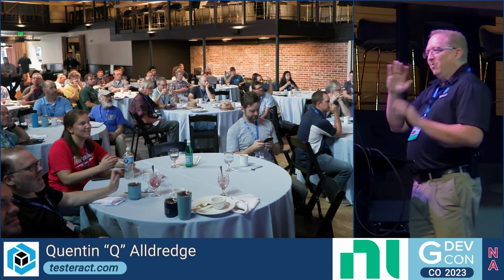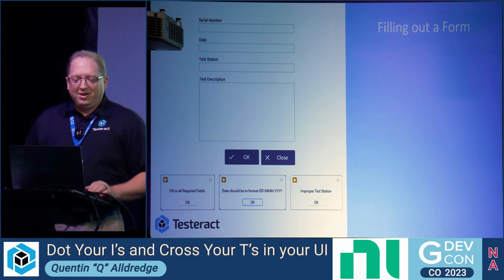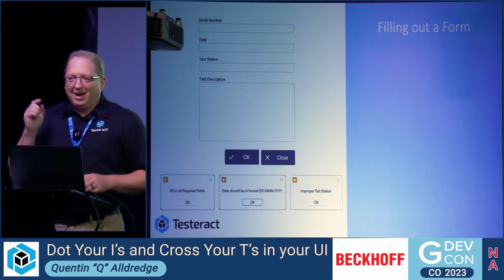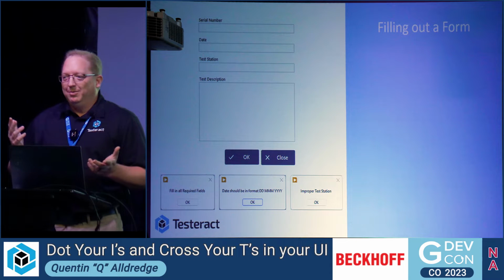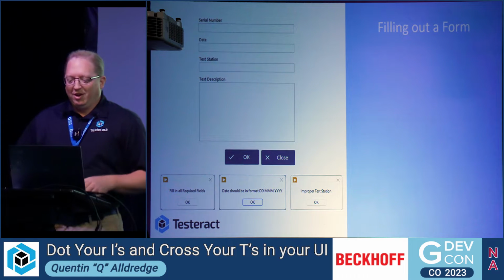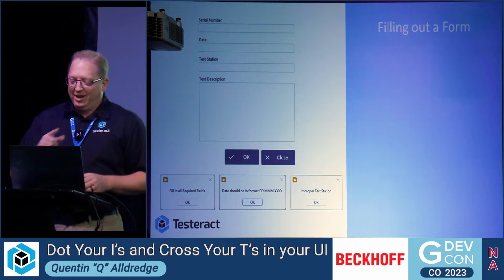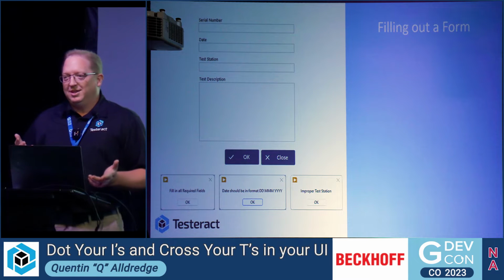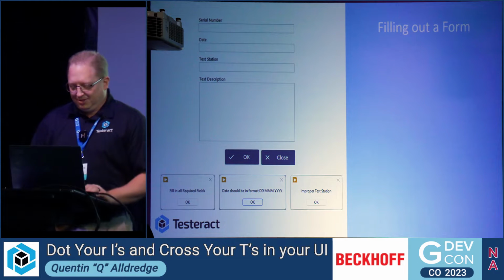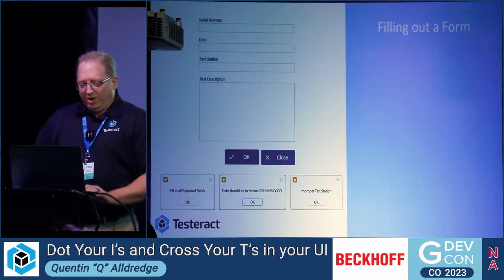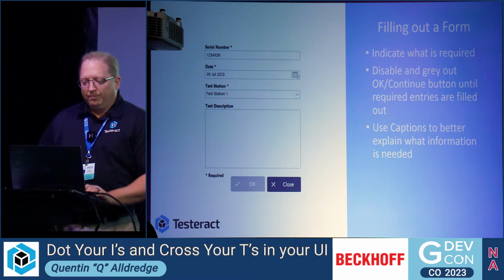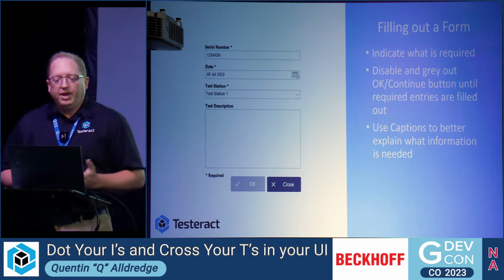It breaks the flow of what you're trying to do, and then you might fill out what you think you need to fill out, hit OK again, and another pop-up happens. It says you filled out the date wrong, and then you fix that. Then you hit OK again, and it says, okay, you got the wrong test station. Just really annoying to have that happen. So what I recommend is first,